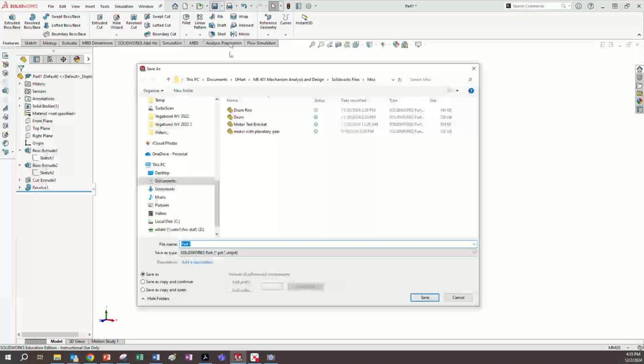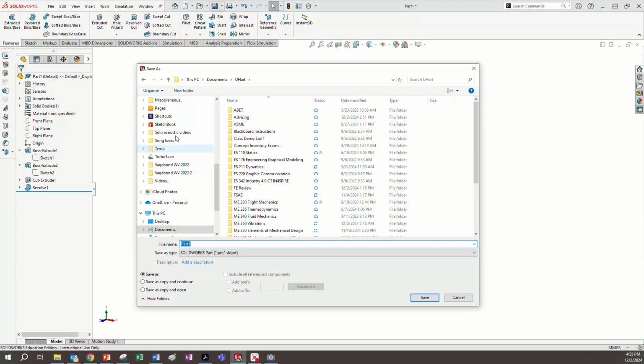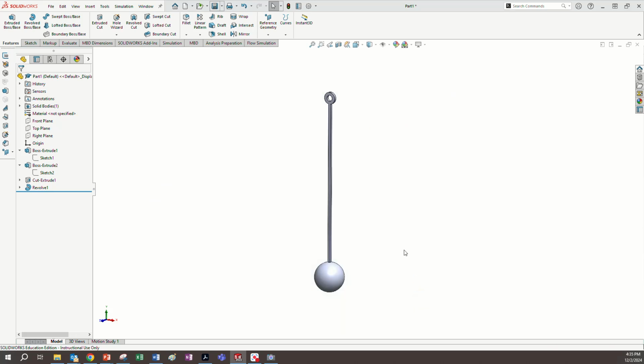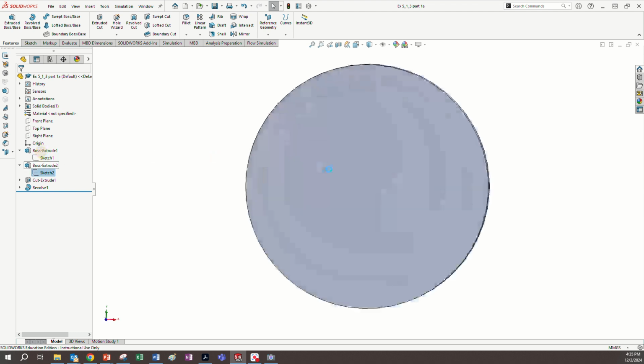Now we're going to save this, and we're going to use 2 of them. Let's see. I'll save it underneath my SolidWorks file. I already did this example, so we'll do this example again under SolidWorks and under that one, I think. And we'll just name this A. And, ooh, I forgot to do something I meant to do. So when I went to this guy right there,